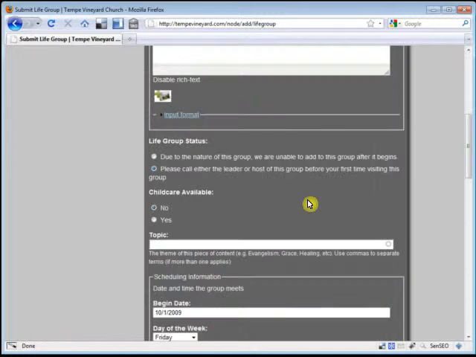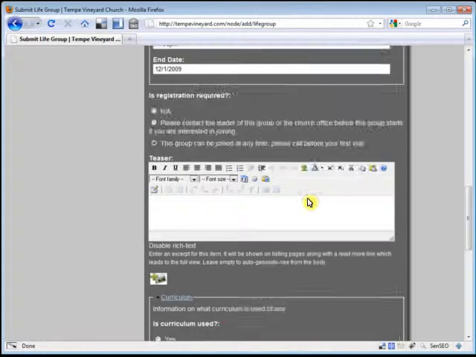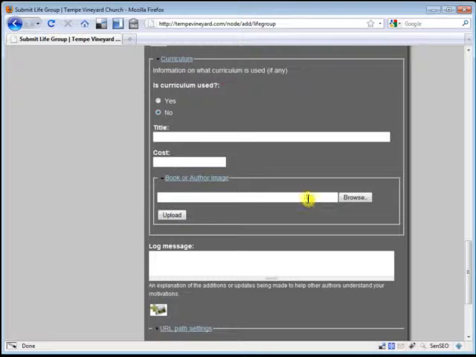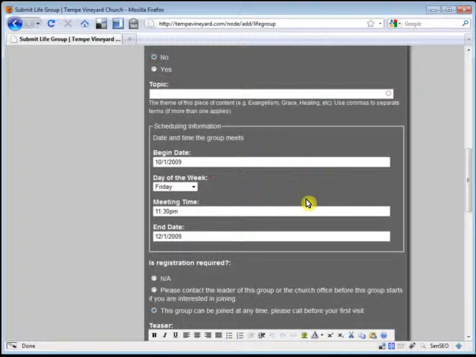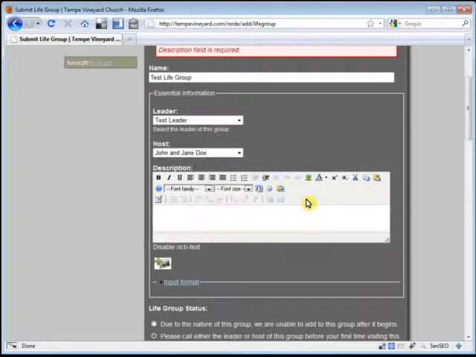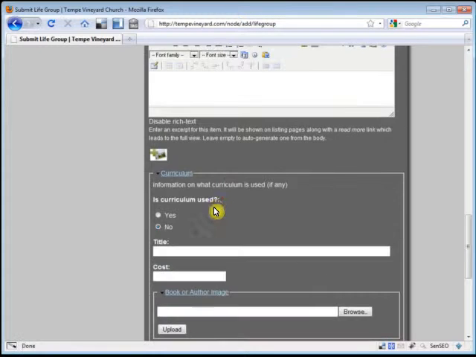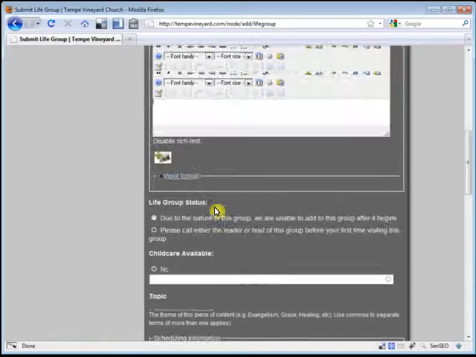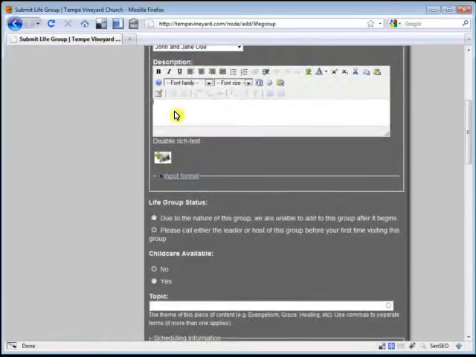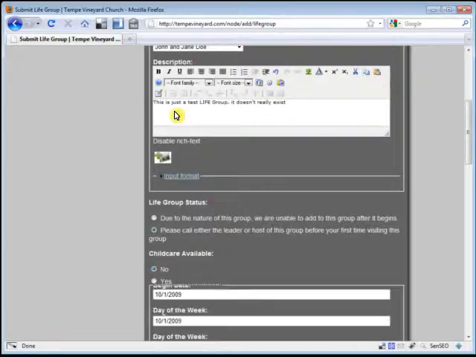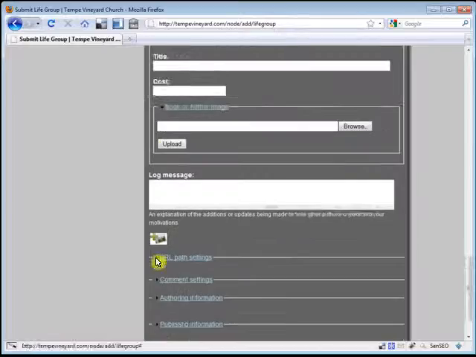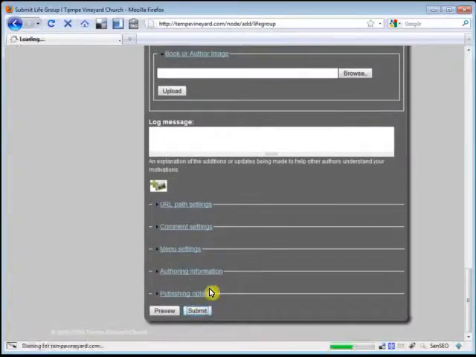Oh, and I missed something, so let me scroll down and find the field that I missed. Here. I need to put in something about the life group. This is just a test life group. It doesn't really exist. Now when we scroll down to the bottom and hit submit,